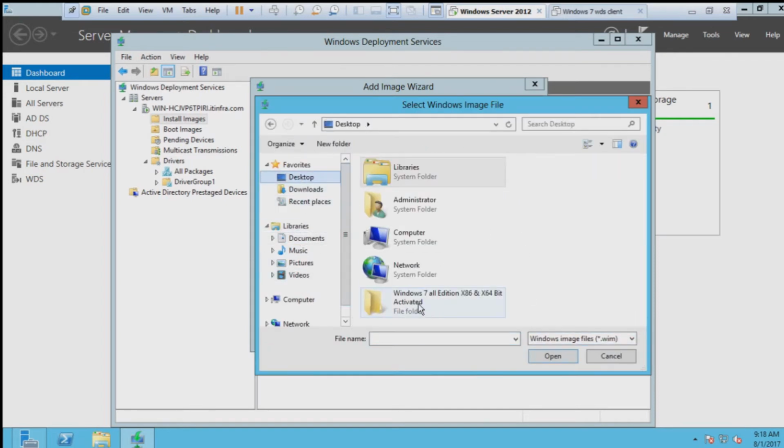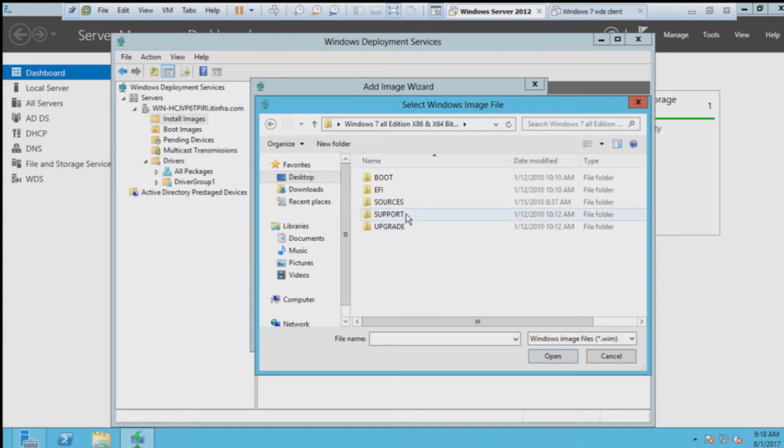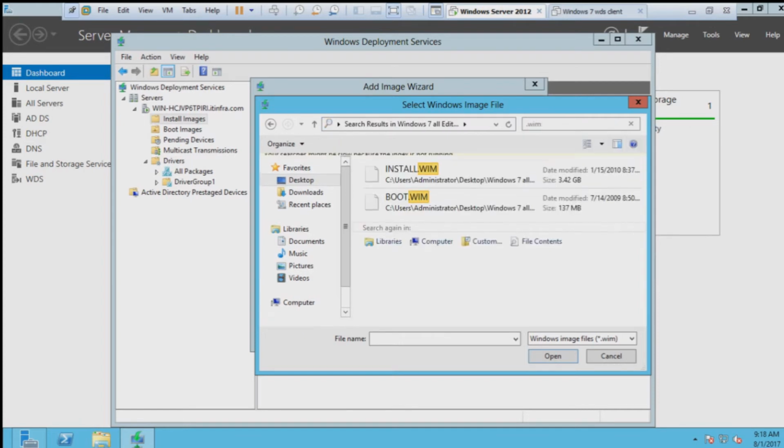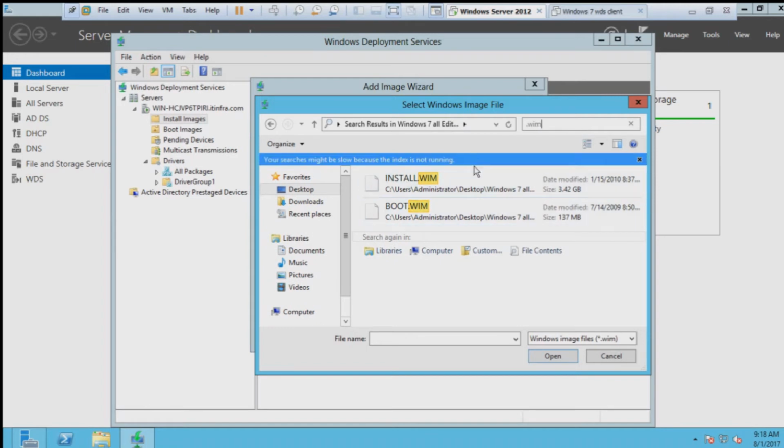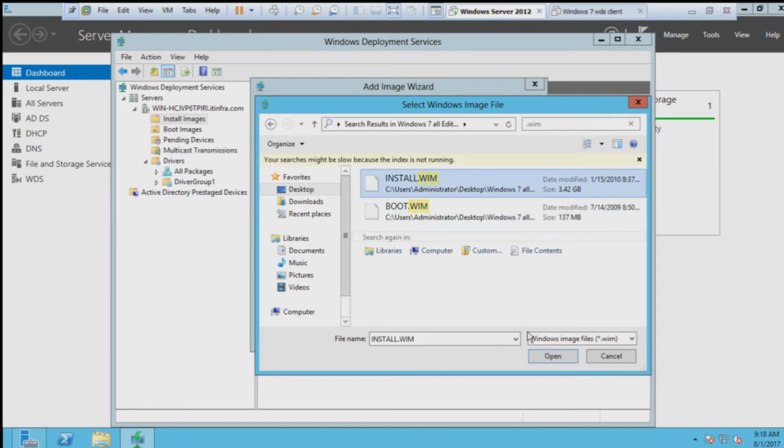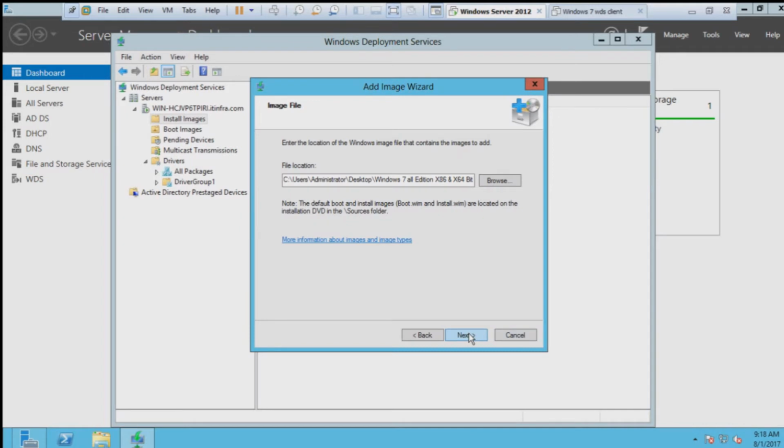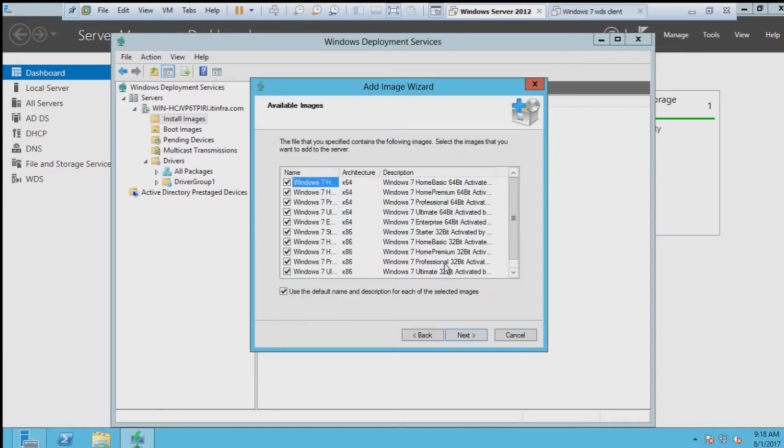I have provided this here. Now we need to find the install.wim, so I am just searching .wim. So you can see there are both files. The first one we need to click on, and after that you can see there